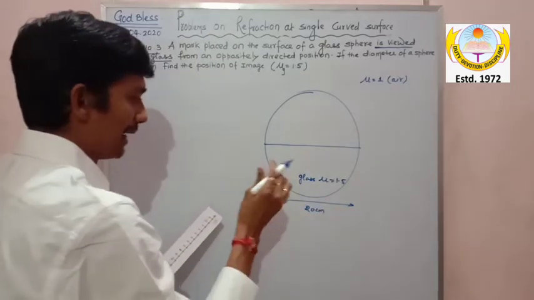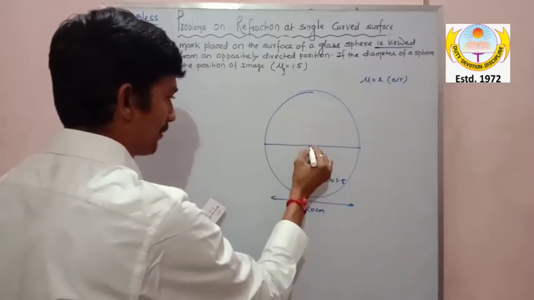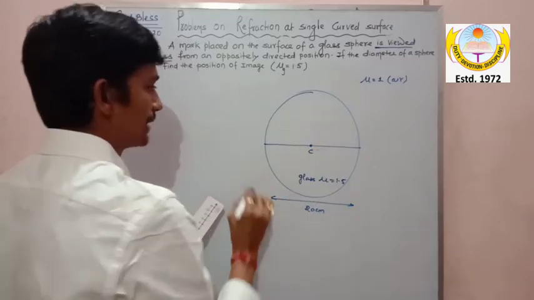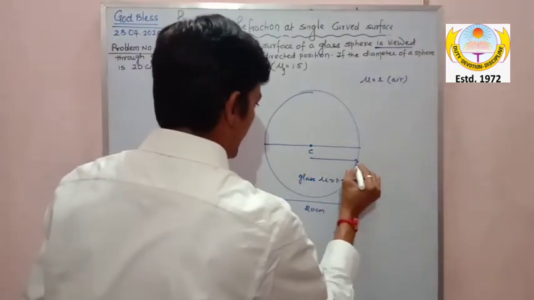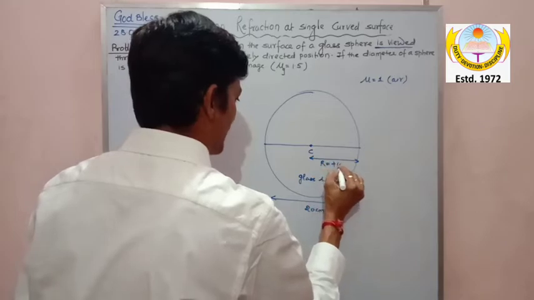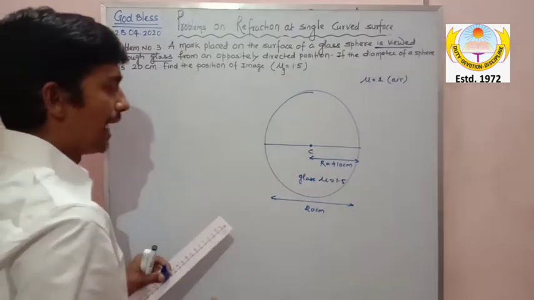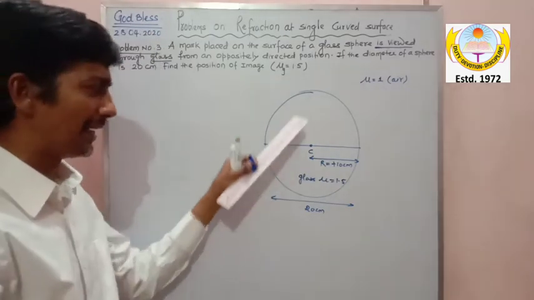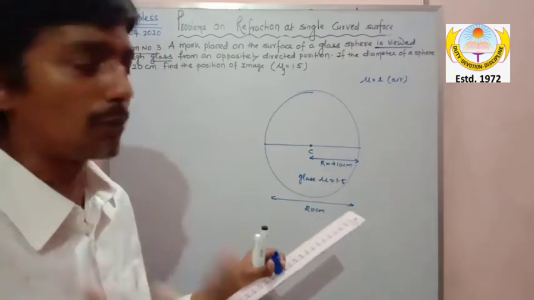So if I ask you where the center of curvature is, the center of curvature will be over here. This is the center. And so the radius will be what? The radius will be nothing but r is equal to plus 10 centimeter. Now why plus 10, my dear? Again I will show it is acting as a convex surface by placing the object.